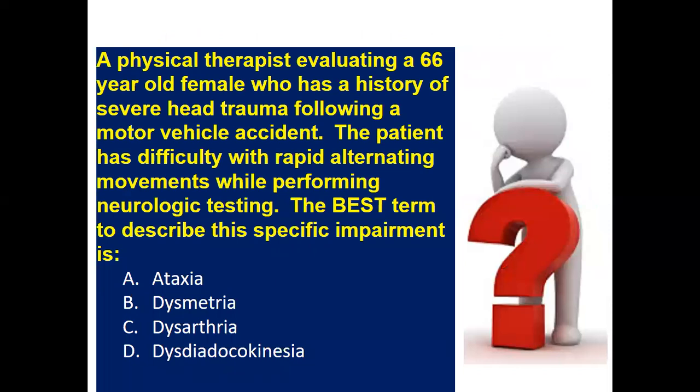There is another question. A physical therapist is evaluating a 66-year-old female who has a history of severe head trauma following a motor vehicle accident. The patient has difficulty with rapid alternating movement while performing the neurologic testing. The best term to describe the specific impairment is. Now, again, that is age and gender. Then there is history, then the clinical findings, and then there's the leading question,